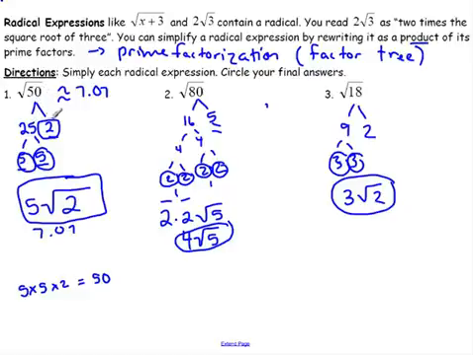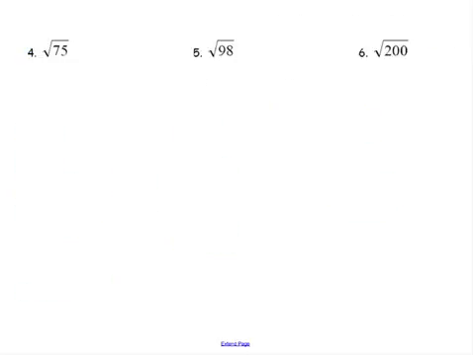I tried breaking these down into the biggest perfect square. So we studied perfect squares before this. The biggest perfect square here is 25. The biggest perfect square here is 16. The biggest perfect square here is 9. That's kind of a strategy that really helps a lot of students as they work on